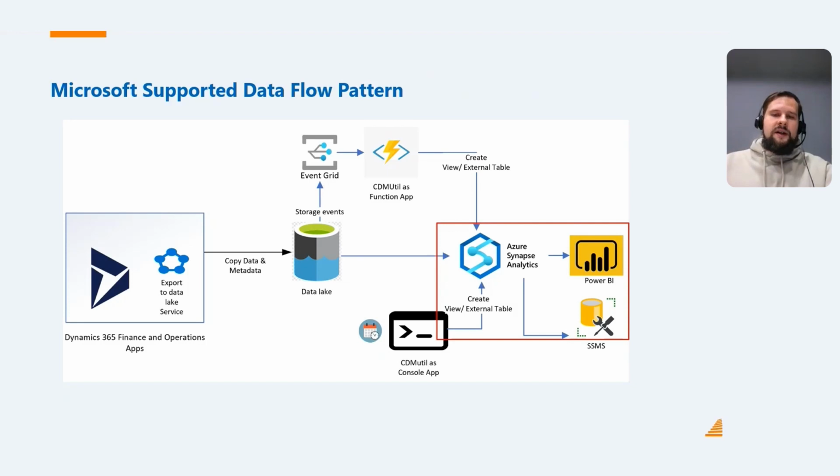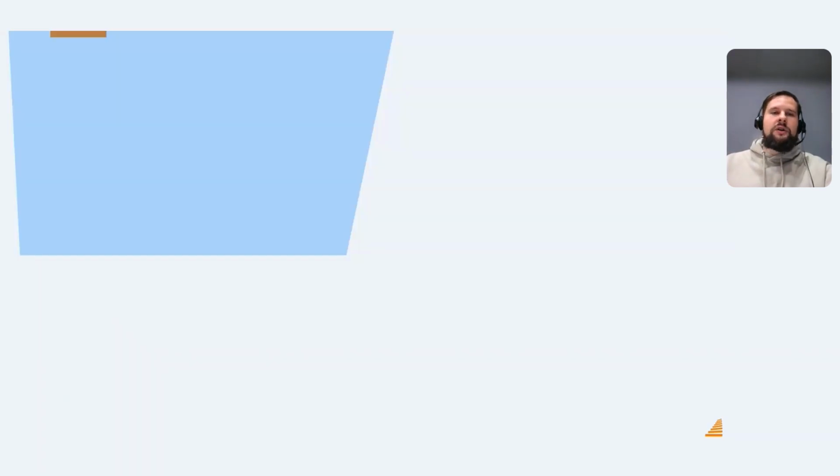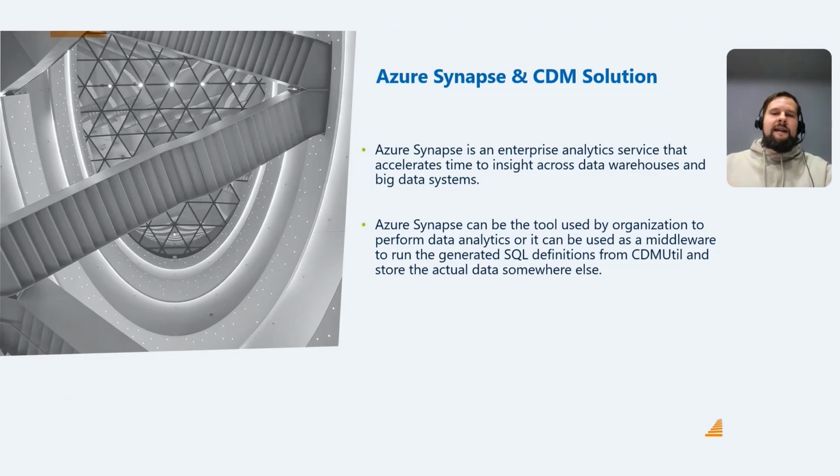Azure Synapse is being used because it's a very strong tool that can be used for data analysis as a standalone app, right? So if you want to perform standalone data analysis, for example, you can do it directly in Azure Synapse. Also, it supports connections from multiple different devices and big data systems. So that means that here we're just connecting FNO, right? But if you have different applications running alongside FNO, you can also integrate everything in Azure Synapse, which can be used as an analytics service.